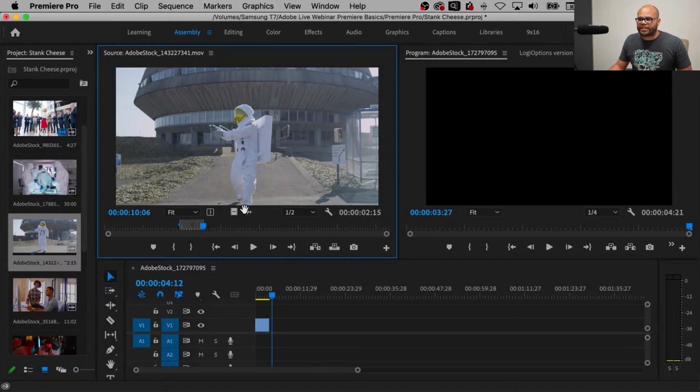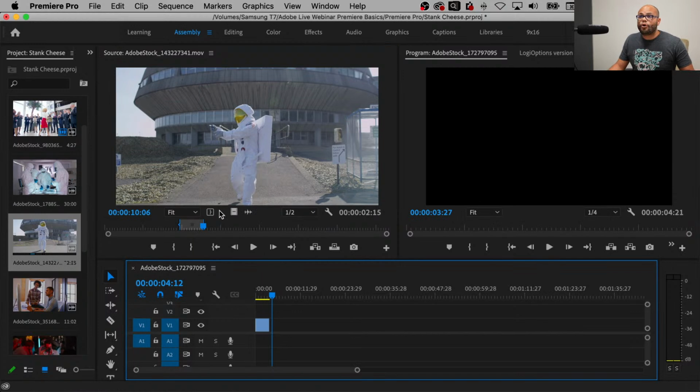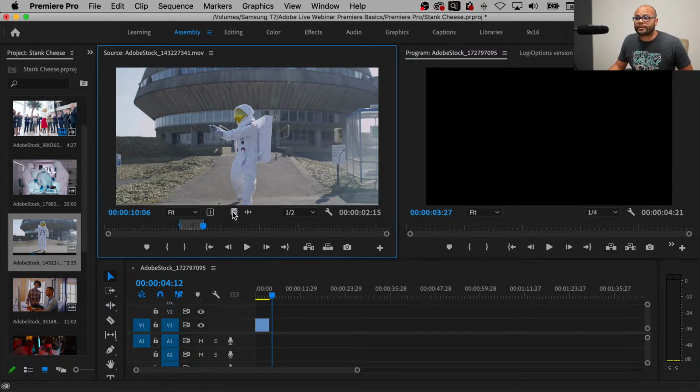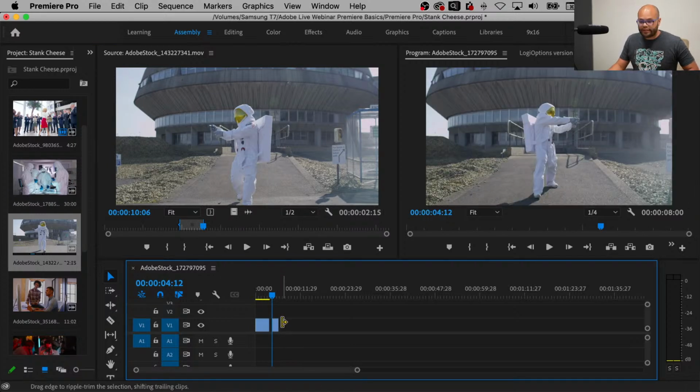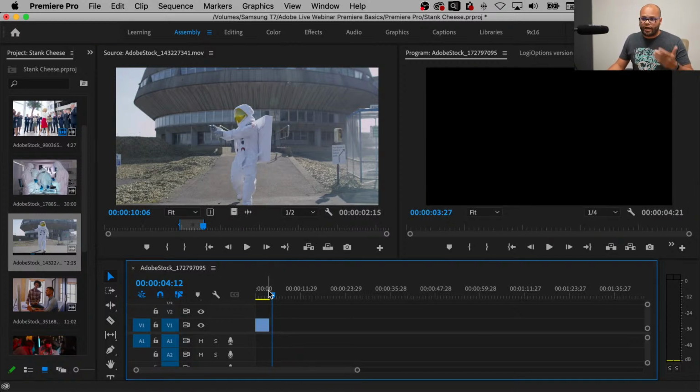Because I've made my selections, I could just drag down the audio by clicking this icon right here and dragging it down, and then it will drag down just the audio. Or I could do just the video right here. I could click and drag this little film strip down onto the timeline, and that will do it too. I just want to showcase to you that that's an option,